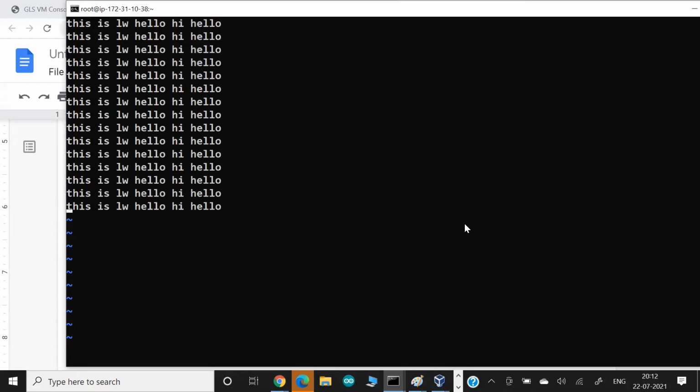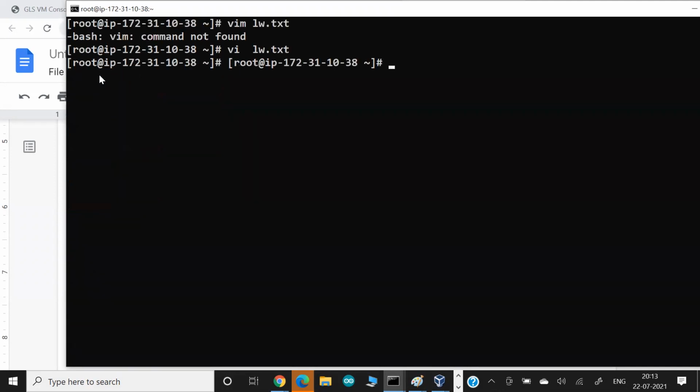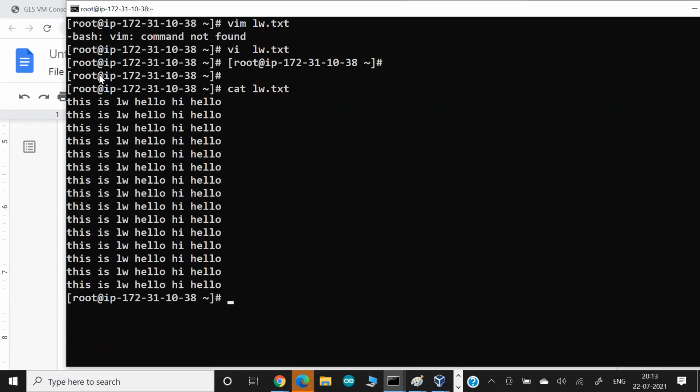So this is the data we have, and what I want to do is word frequency, which means counting how many times hello appears, how many times hi, how many times this. That's what I want to do here. A similar kind of example we have done in Hadoop also. I already explained the concept, but the concept is simple. This is the first line, and the first line will be split into words. So finally the output will be something like this.